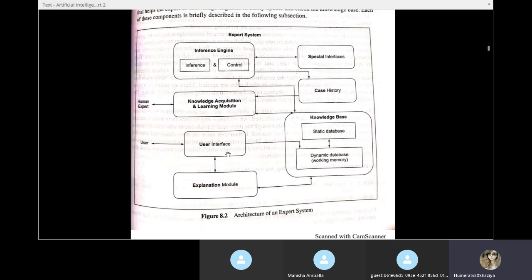So primarily what happens here is a user interacts through the user interface, and this user query is stored in this dynamic database, which is our working memory. And then this explanation module interacts with the knowledge base and provides explanation to the user, like how an expert provides an explanation. For instance, if you go to a doctor and if you say that there